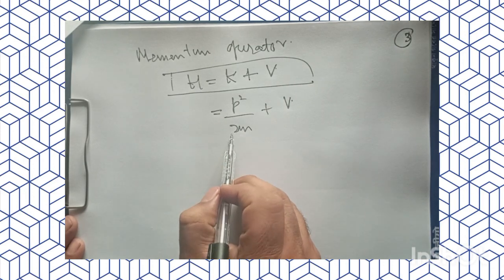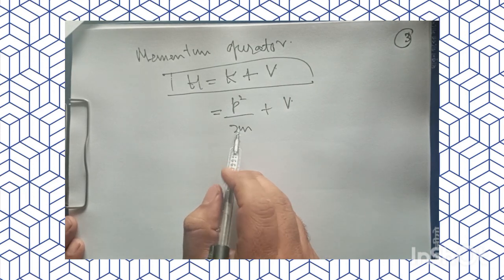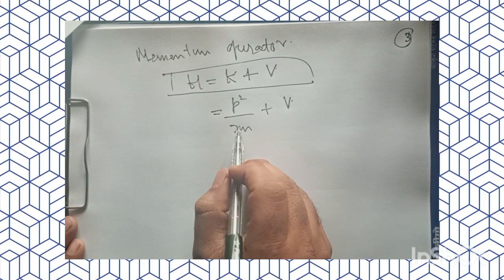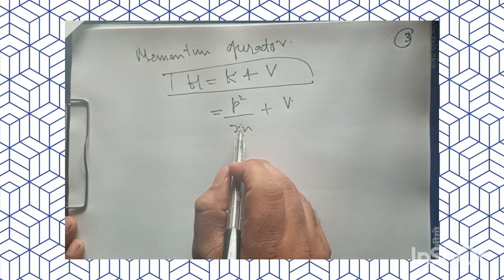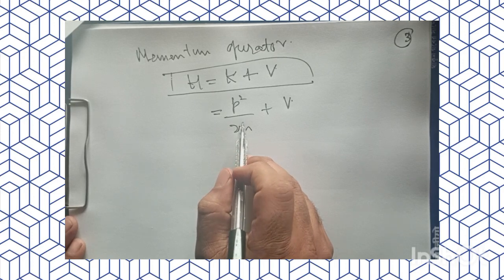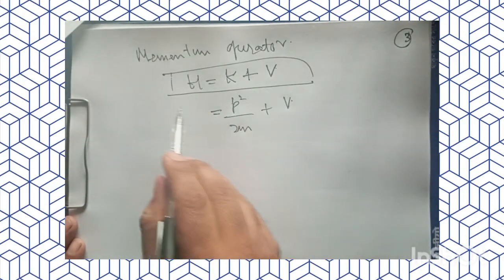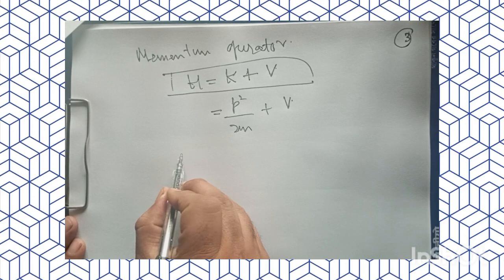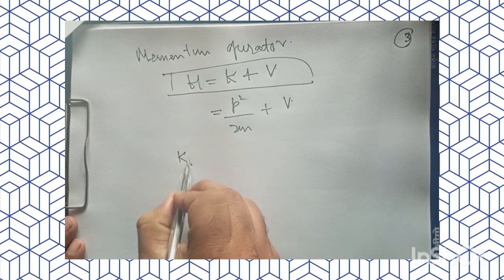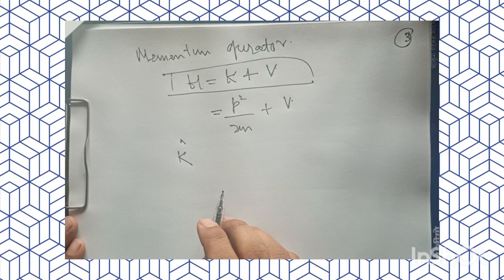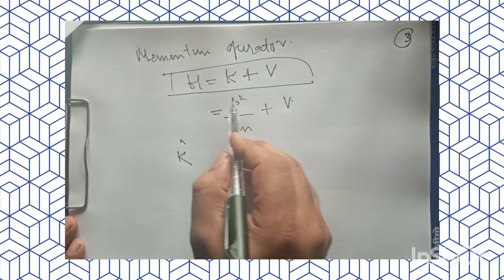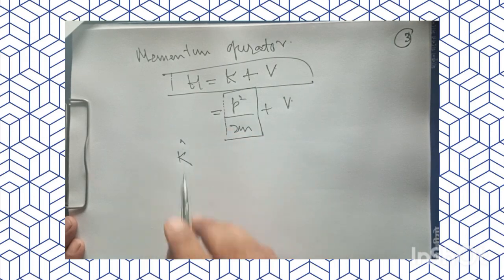Now the point here is that from this equation I can have an operator for kinetic energy, and I can also have an operator for momentum, right? So if I have to write down the corresponding operator for kinetic energy, if I represent K cap as the kinetic energy operator, what is the replica for this in Schrodinger's time independent part? That is basically